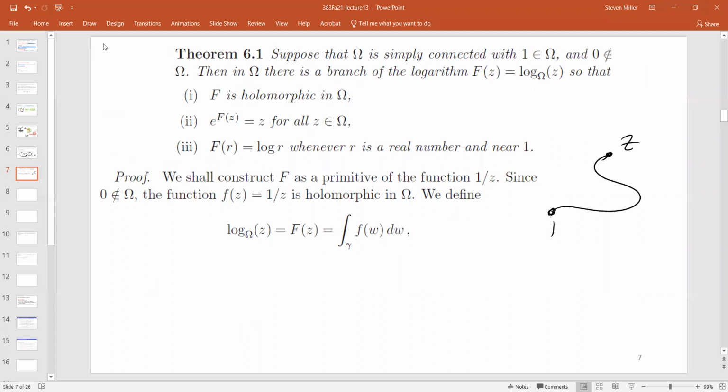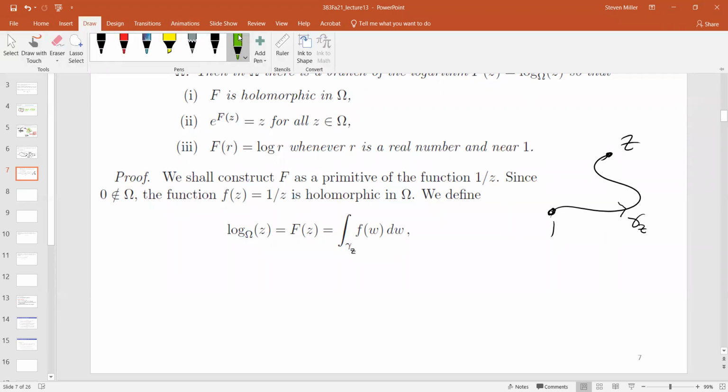I actually don't like this notation. I like to put a little subscript z, so that when I look at the integral on the right, I can see that this integral depends on the point that I choose. It's in some sense, z understood, because I'm saying capital F of z equals this integral. Z's got to be somewhere. Where is z hiding? It's hiding in the gamma. And so the first thing is, it doesn't depend on path.